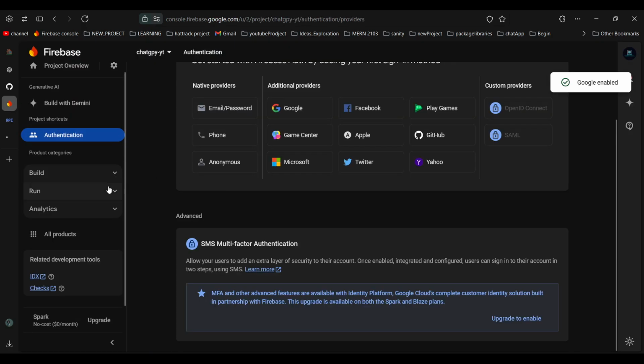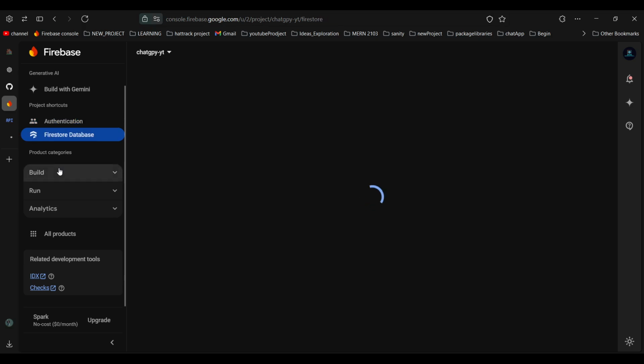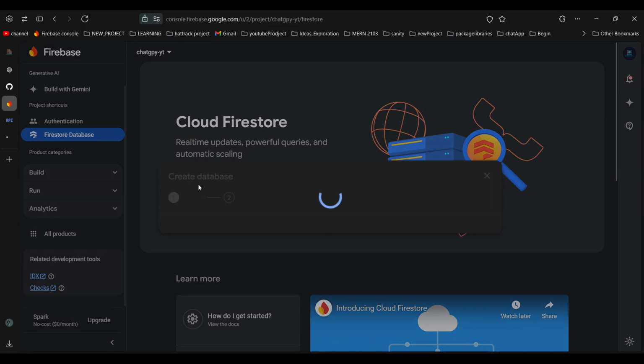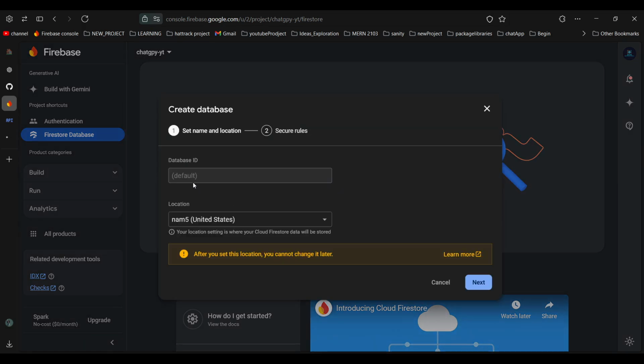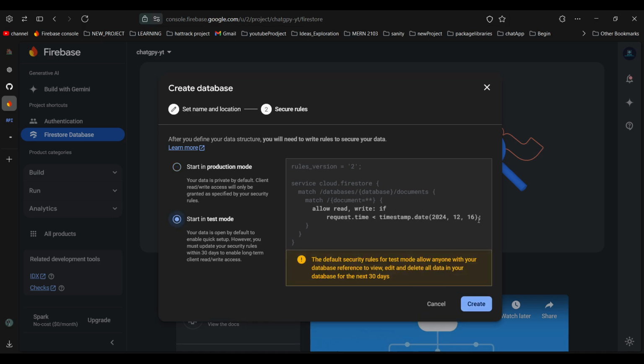Okay, so one more thing we require here is the Firestore database. This database also requires fixing everything from the beginning, and then we will be able to go directly. Okay, it's loading. The database segment will take a bit of time to set up. So create the database, and we are going to fetch all the available default values from there. So click on next, and we will run in test mode, which allows us to provide 1 month read and write